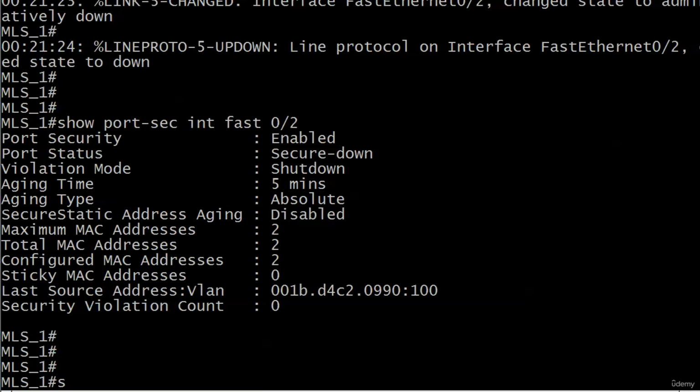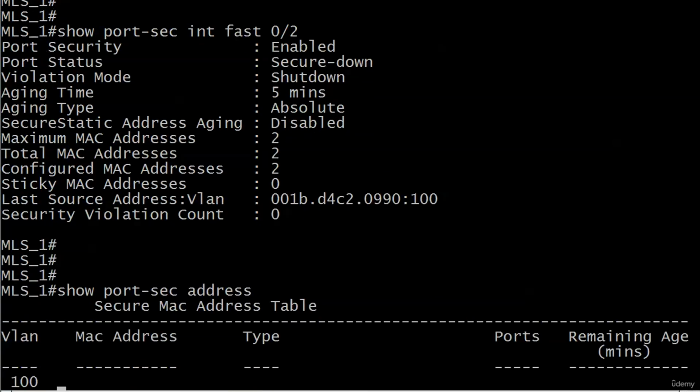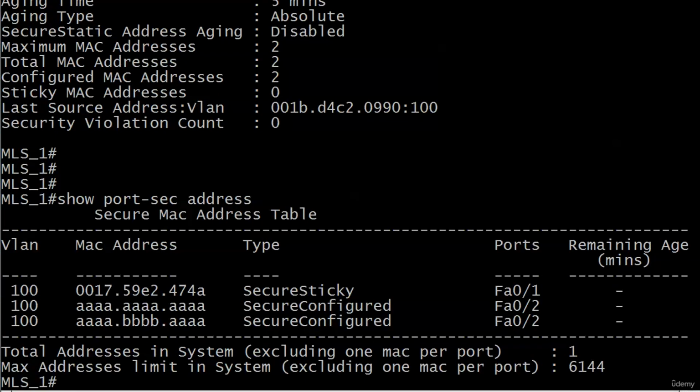And as a matter of fact, I'll just review it right here. We know we still have those 2 configured addresses from an earlier video. And since we set maximum MAC addresses to 2, now it can't learn 1. So when that source address of 001B D4C2090 comes in, the port should go into error disabled mode, and we know what we have to do from there. But before we open that port and allow that to happen, we are going to put error disabled